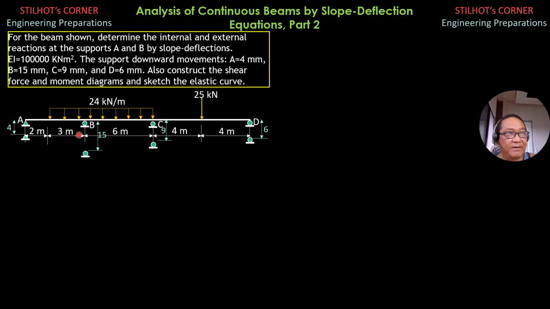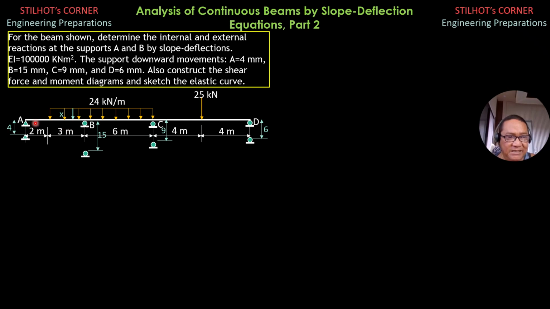The other one, when applied to interior spans or with moments at the ends, is 2EI over L, quantity 2 theta near plus theta far minus 3 times P, where P is delta over L again, then plus fixed end moment near. And the fixed end moment near, depending on the loading, at the left it's negative because it is expected counterclockwise. At the right it is positive because it is expected clockwise due to the load. So this is our strip for x because we have to compute the fixed end moment by integration.